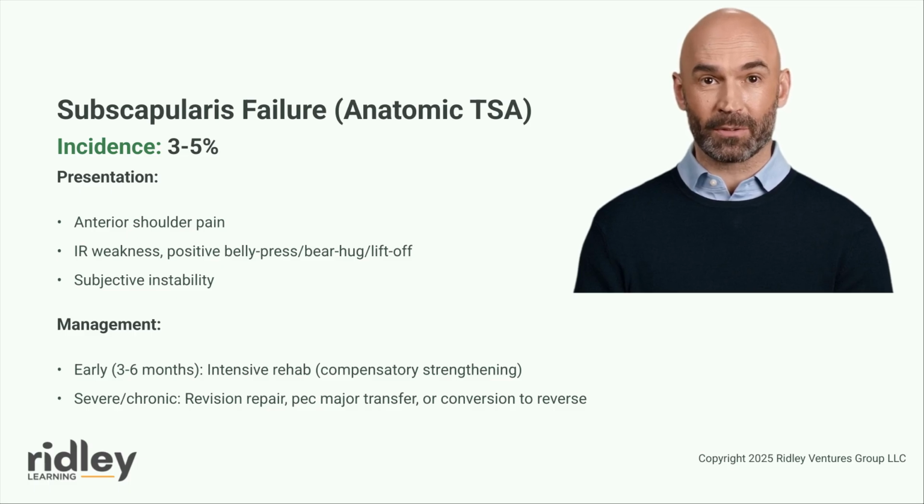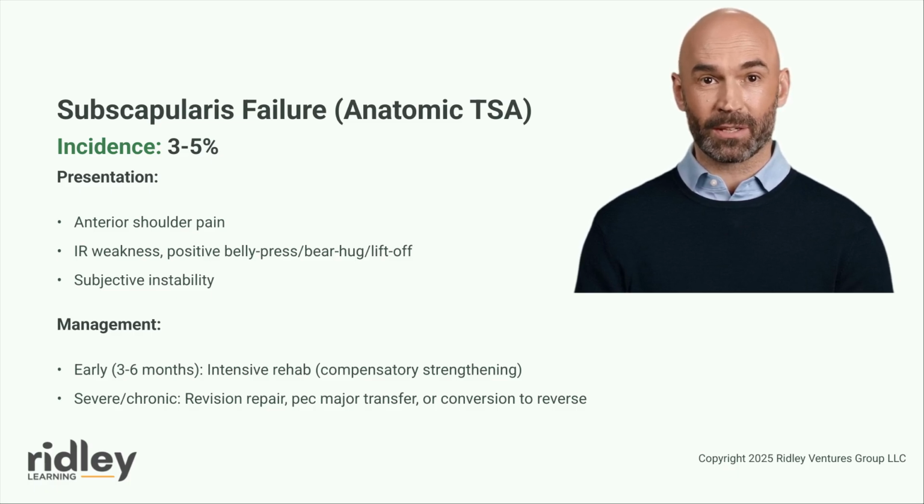Mild to moderate insufficiency detected early, within 3 to 6 months postoperatively, may respond to intensive rehabilitation focused on compensatory strengthening of the pectoralis major and anterior deltoid, scapular stabilization exercises, and activity modification to avoid positions that stress the failed repair. For patients with severe insufficiency, persistent pain, or functional limitation that does not improve with conservative management, surgical